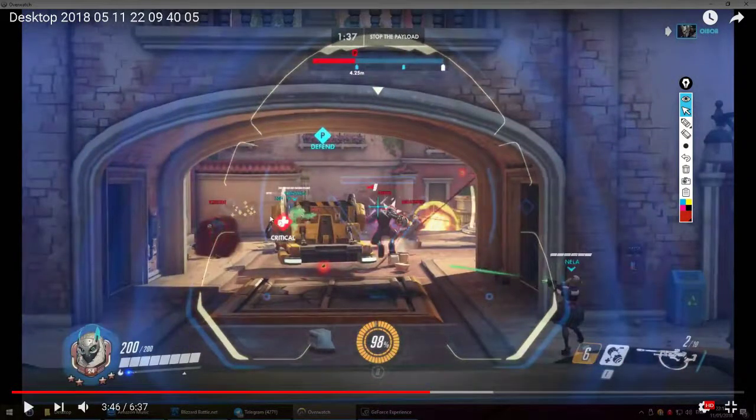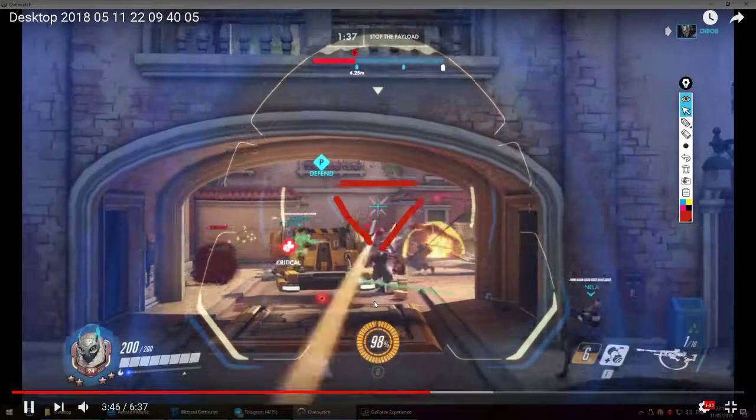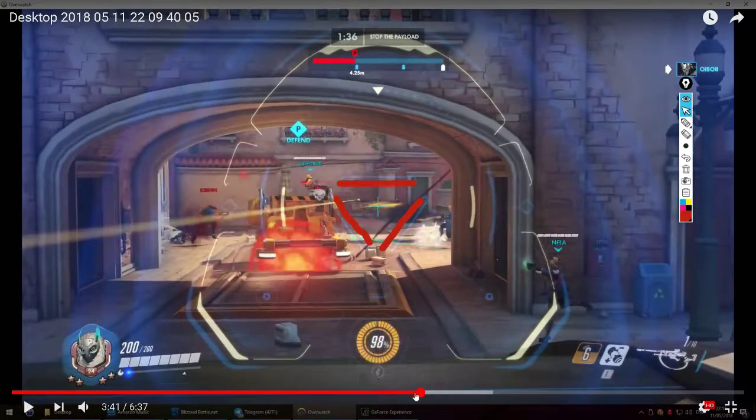But first of all, it's easier for you to hit your Baguette because the hitbox of Ana's, when you're scoped in, you probably know this, this entire thing is your hitbox. If you hit an ally anywhere in here, you will give them healing. So in so many ways, it's just better to